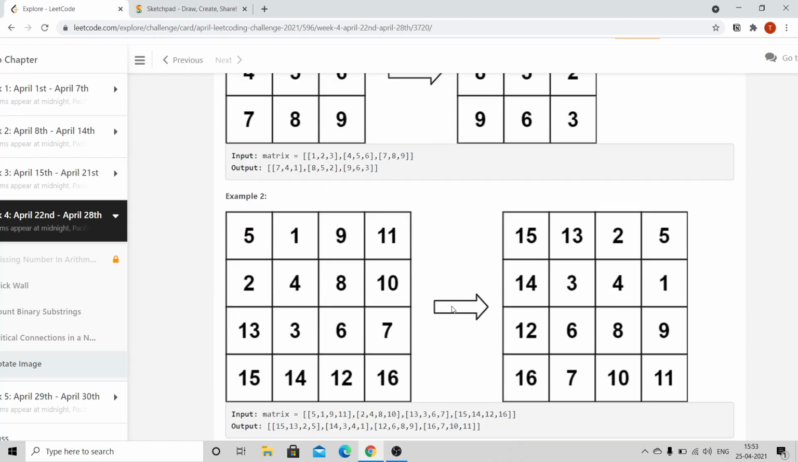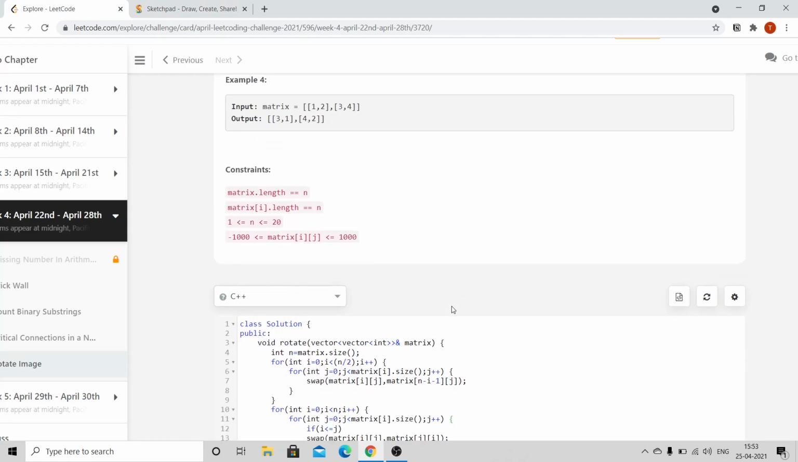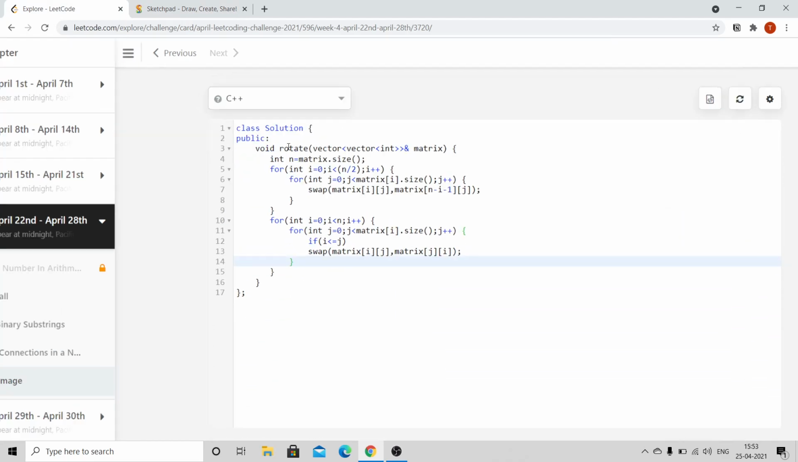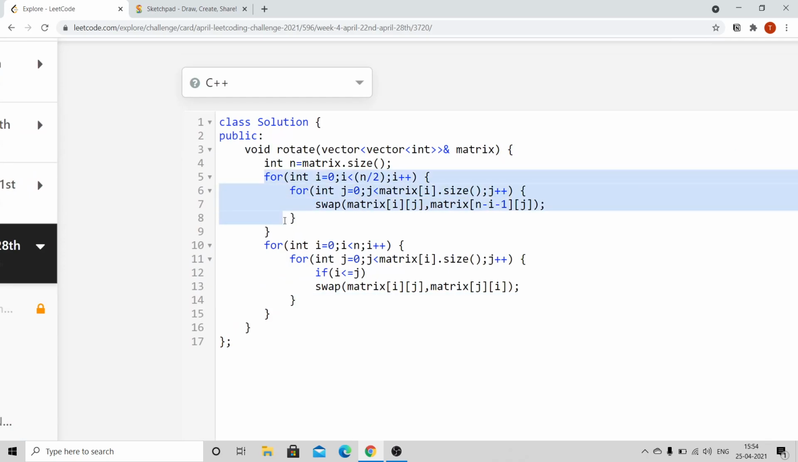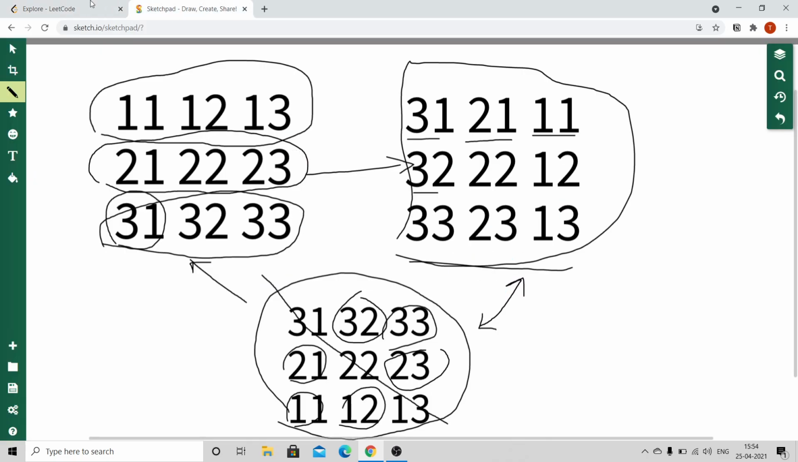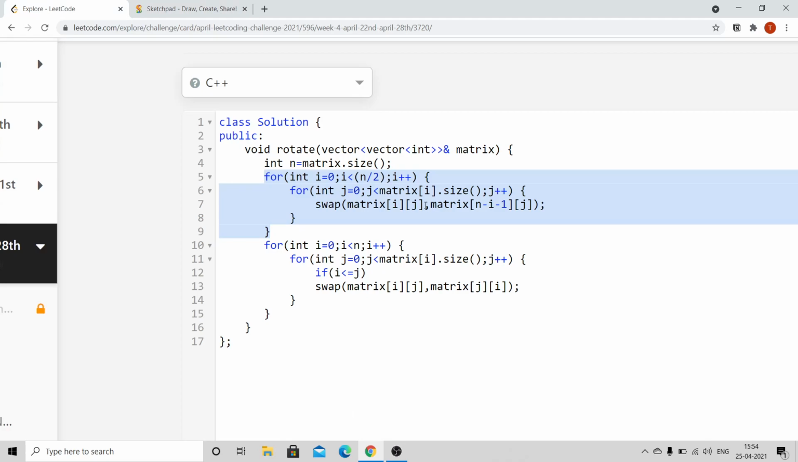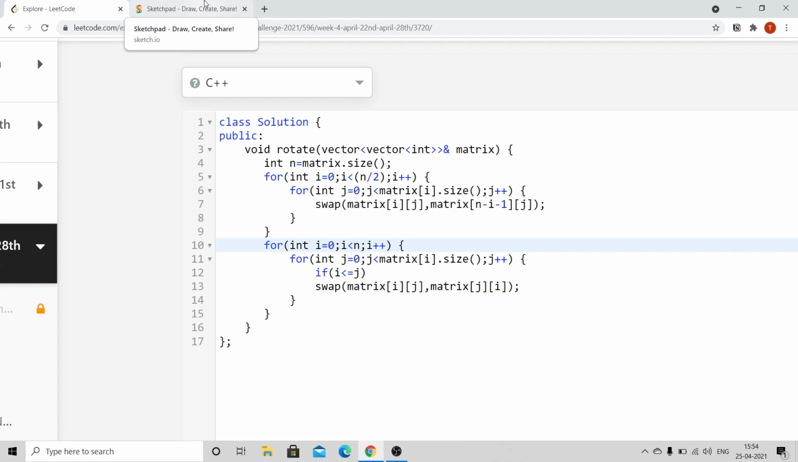As you can see, I tried to do this. In the first loop, I just did the first step, that is, I swapped the elements of the first row with the elements of the last row, and so on. And in the second loop, I swapped with respect to the diagonal. As you can see here, I used a condition i less than or equal to 0. The meaning is that